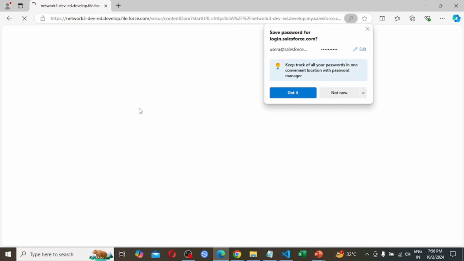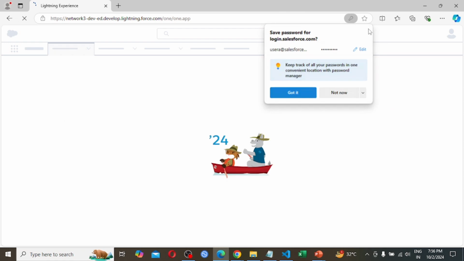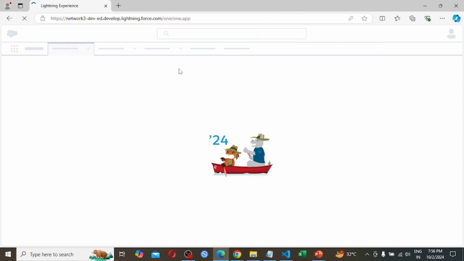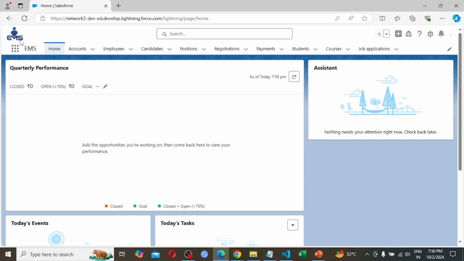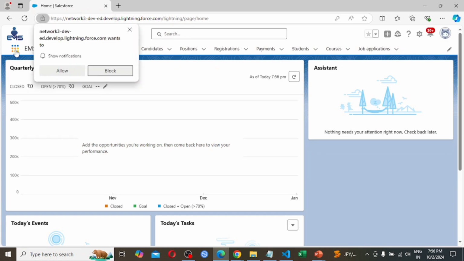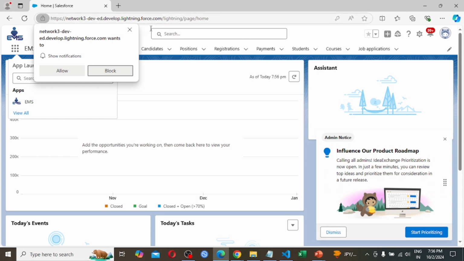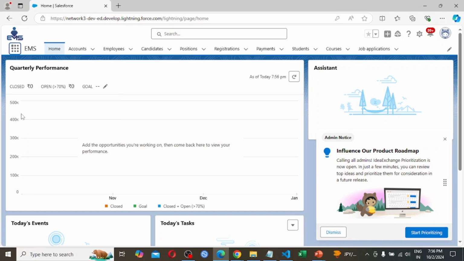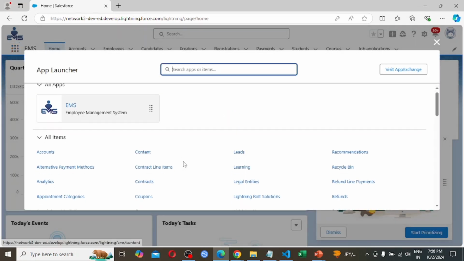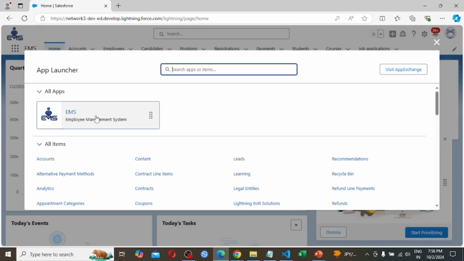So now he is able to log in with his credentials and all the settings. The employee management system application, he is able to see. This is the only application he should see as per the profile modification. So if he clicks on view all, only this application he can see.